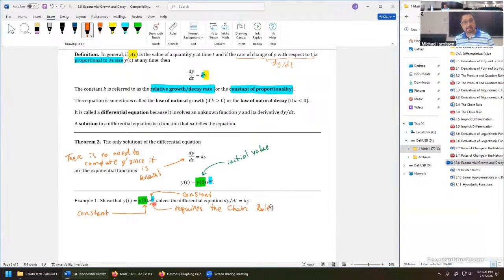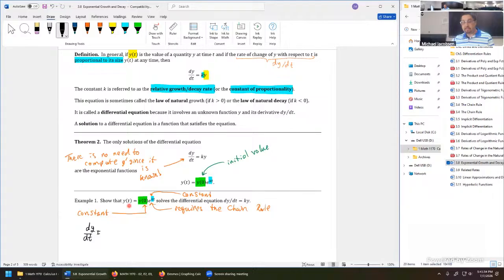Chain rules here, it's because it's not just e to the t, it's e to the power of k times t. So that's a modification of just a simple variable t, telling us we do need a chain rule. So with that organization, let's differentiate. In place of y, you can call it y prime at t, just y prime, or I'll go with dy dt just to match the notation.